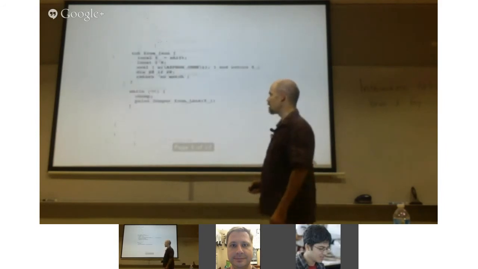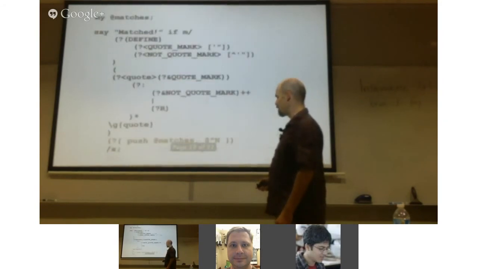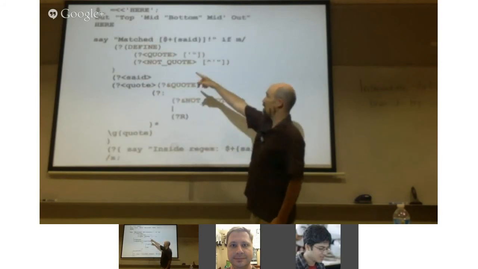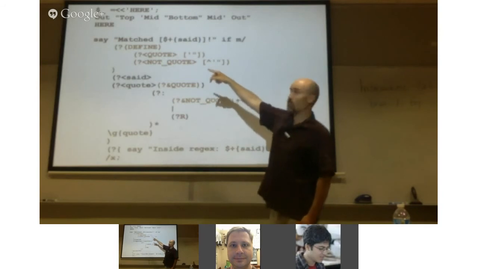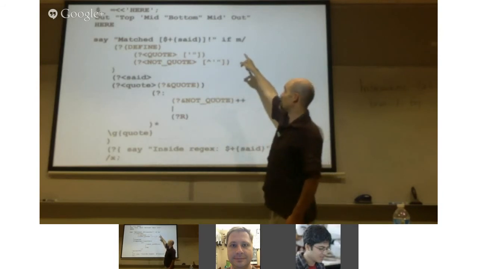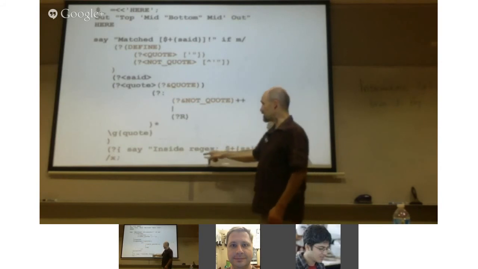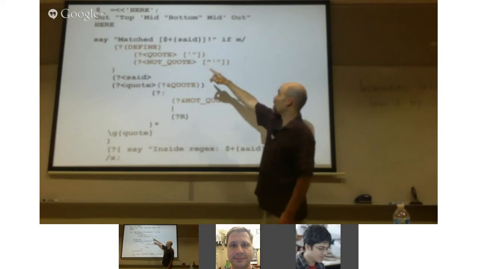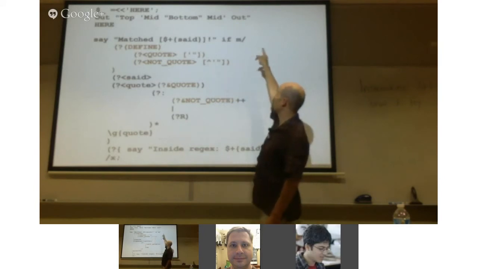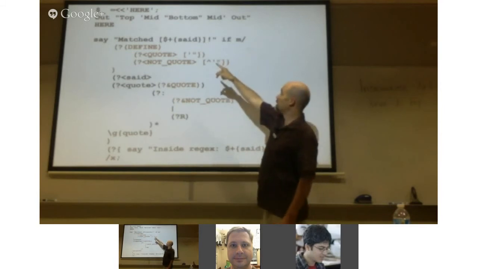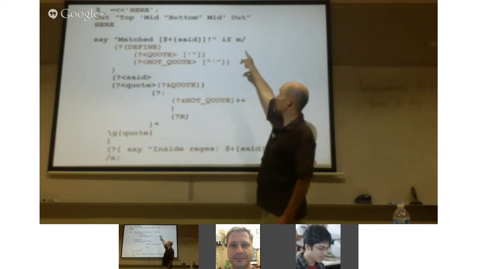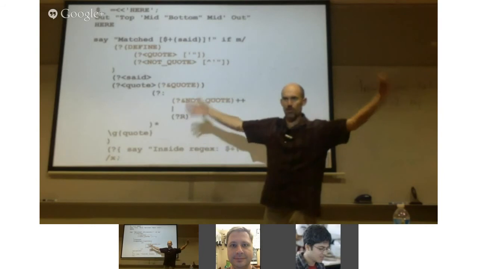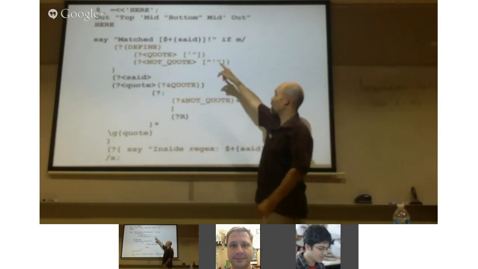So if we do it like, let's go back to 20. So we get @matches here. The thing that's going to be in @matches, let's say we have this string. We have out, and then we have top with a double quote, and then there's a mid-level thing, and then a thing in the bottom. Inside the matches, I should get top, from the start of top to the end of the double quotes. And then another one will be mid all the way through the end of that mid. There's everything contained in that group. So the outer quotes hold all the inner quotes. And then the bottom one, it'll just be bottom.